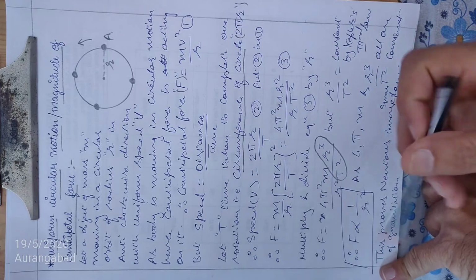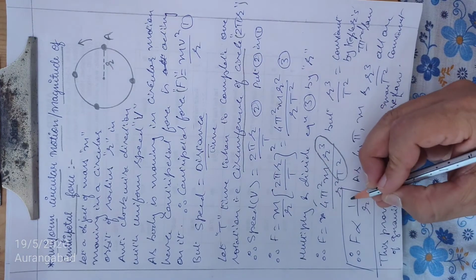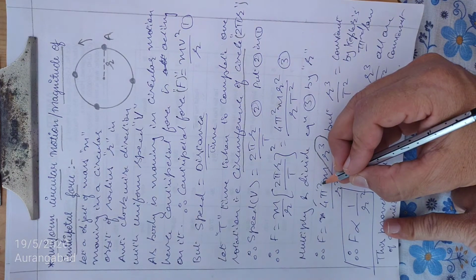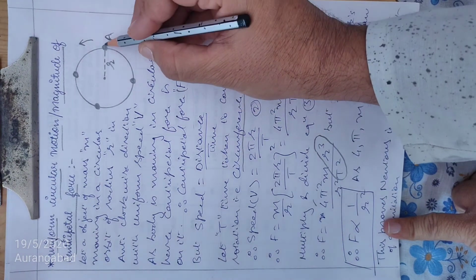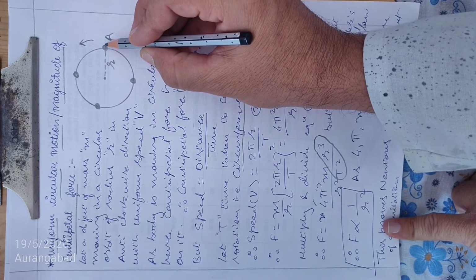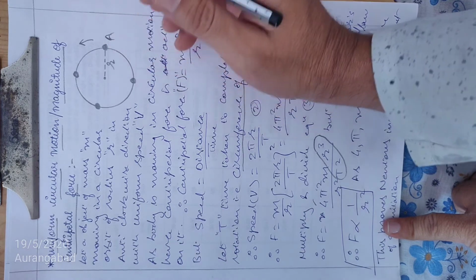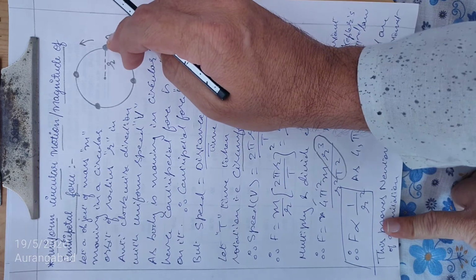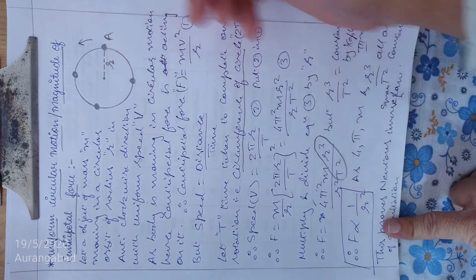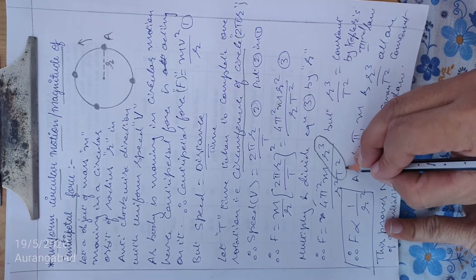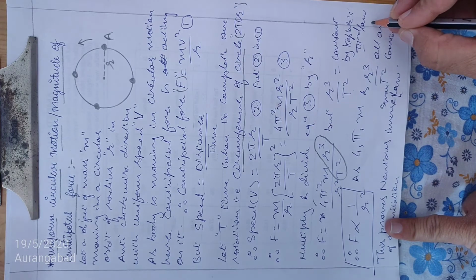So if we see this formula, 4 is constant, pi is constant. What is the value of pi? 22 upon 7 or 3.14. Pi square is also constant. M, mass of the object, is not changing. If a body is revolving in a circular orbit, the mass does not change. If we take the example, if we tie a stone to a thread and keep on revolving it, the mass of the stone does not decrease, it remains constant. So 4 is constant, pi is constant, m is constant, and r cube upon T square, as per Kepler's third law, is constant.